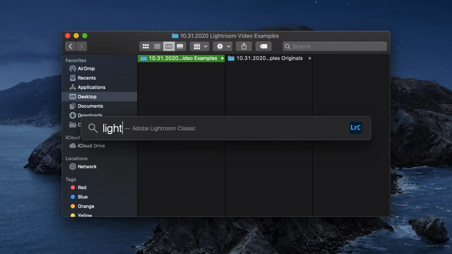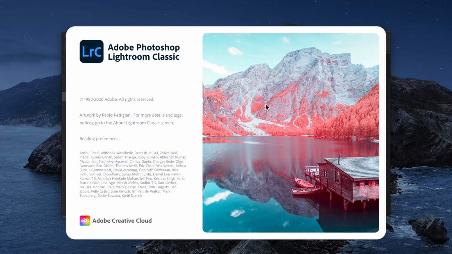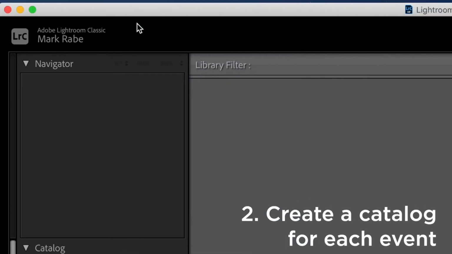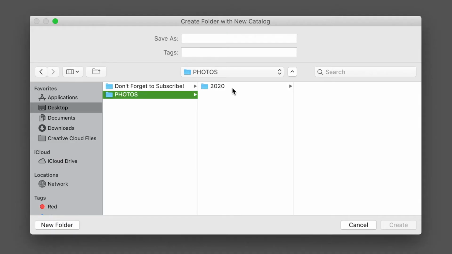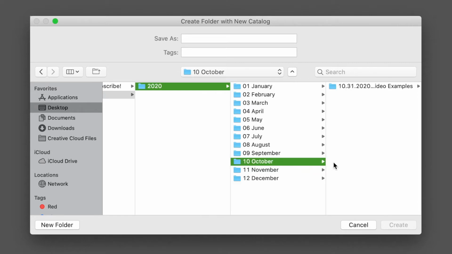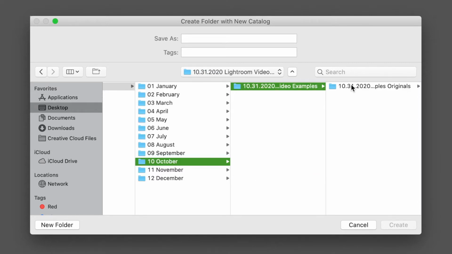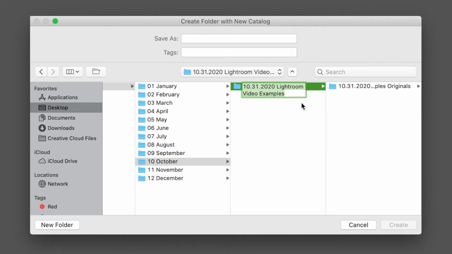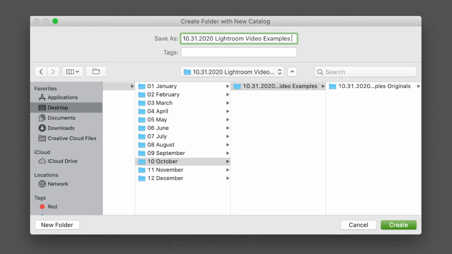Now this is the point where we can open up Lightroom. So open up Lightroom. Okay, now that you've opened up Lightroom, what you want to do is go to File, New Catalog, and we're going to create a catalog in the folder with whatever event that we just created. So we would go to Photos, 2020, October, 10.31.2020, Lightroom video examples. I'm actually going to copy this by clicking rename, and then on the Mac it's Command-C to copy the name, and then I'm going to save in that folder as